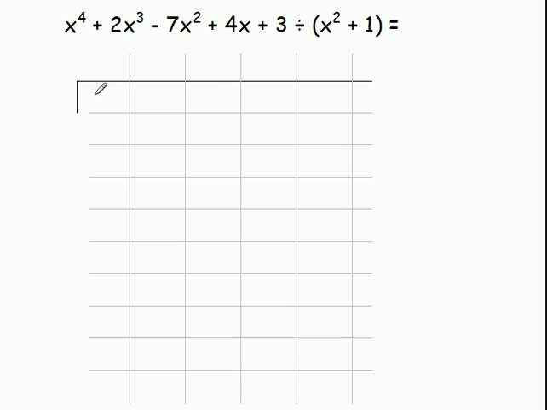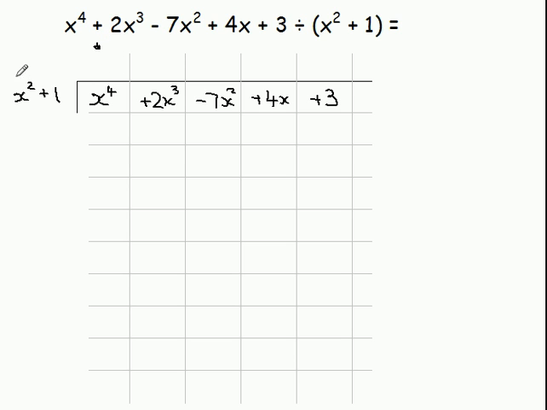So the dividend goes in the division frame. And I'm keeping my signs with my terms there. And the divisor goes out the front. Now, I ask myself how many times, starting work in the first column there, how many